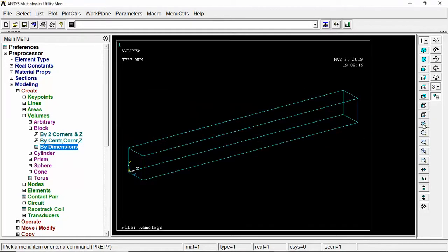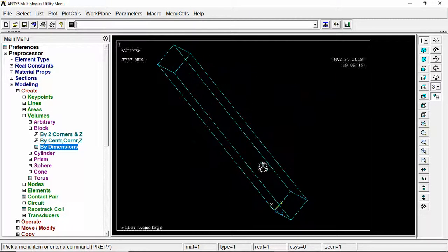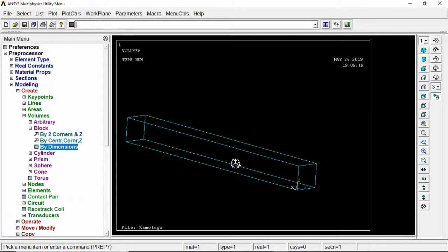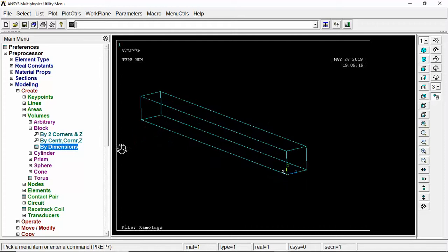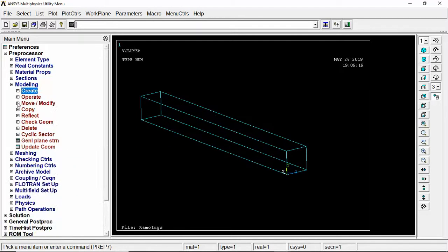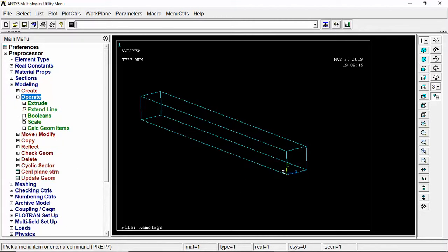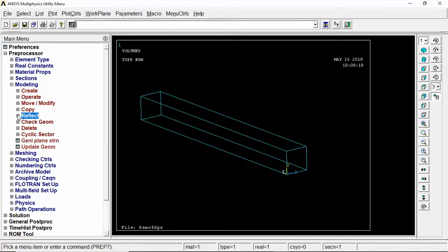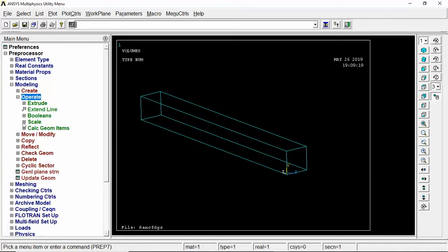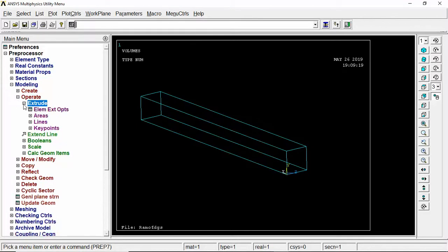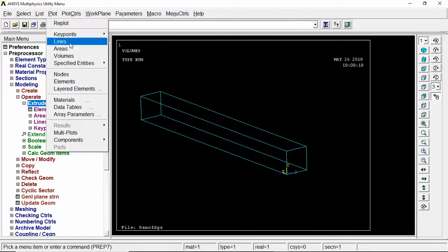So you can see that it creates this volume. It's ready. I can do everything with this volume, and also I can edit it in this menu, like with modify. I can move this volume, and also here I can scale, and also I can mirror it, and there are more options here in booleans, extrude, lots of options here, and you can see it creates lines and areas